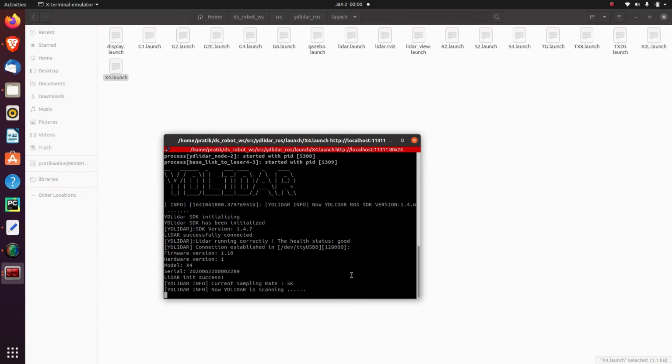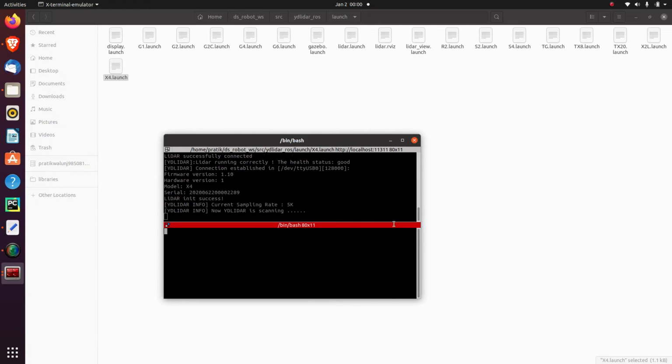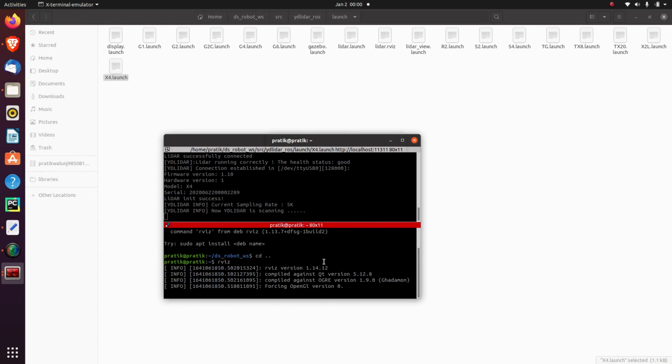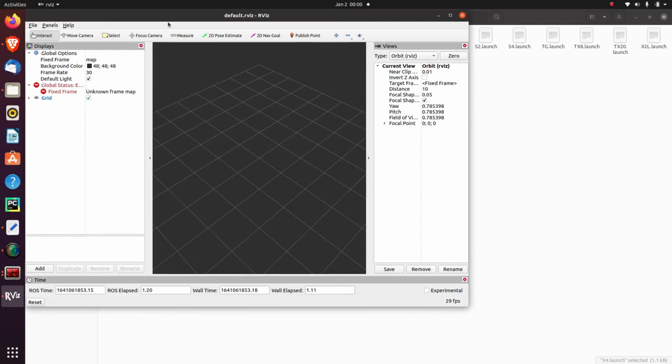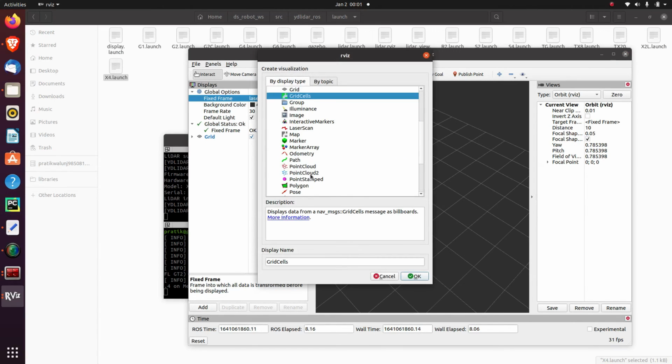Now I'm going to open one more terminal and open RViz. After opening RViz, you have to select the laser frame here, and then you have to add a laser scanner.